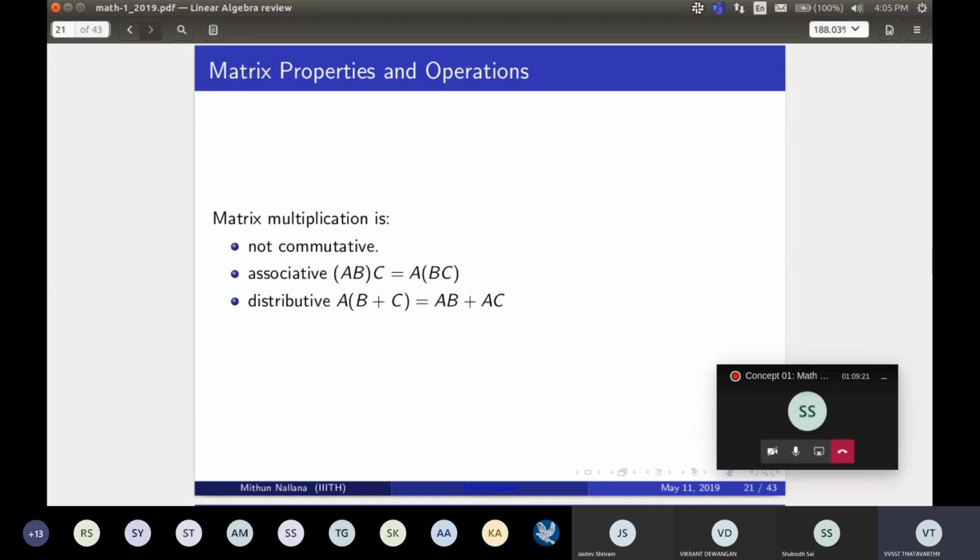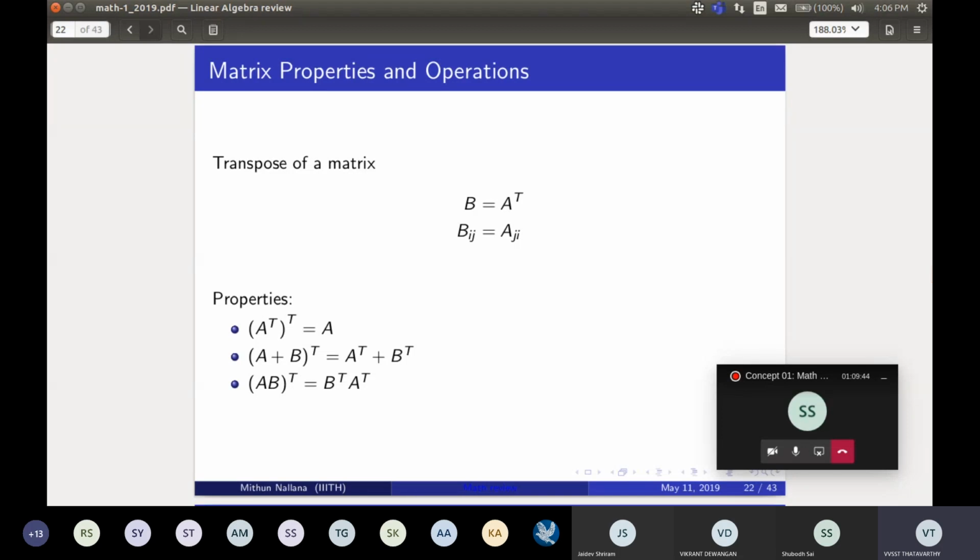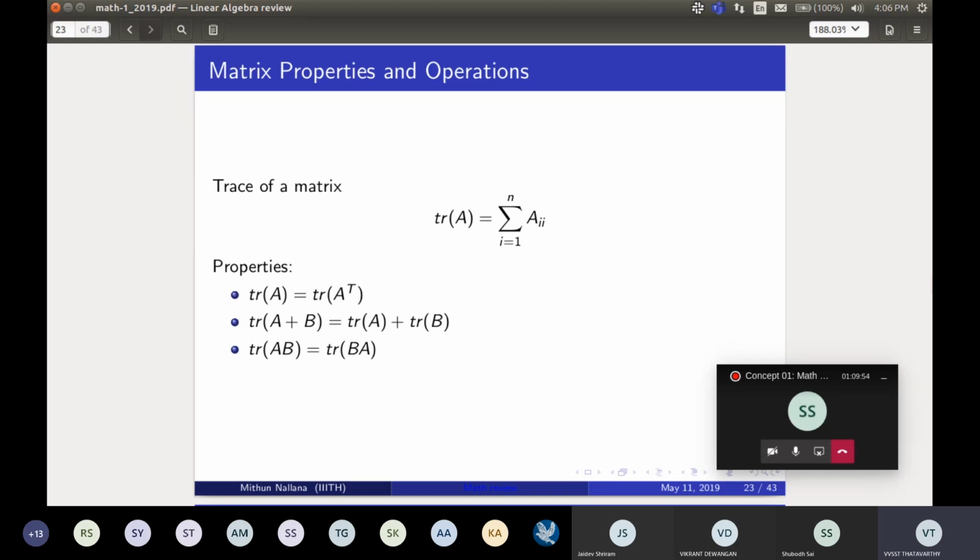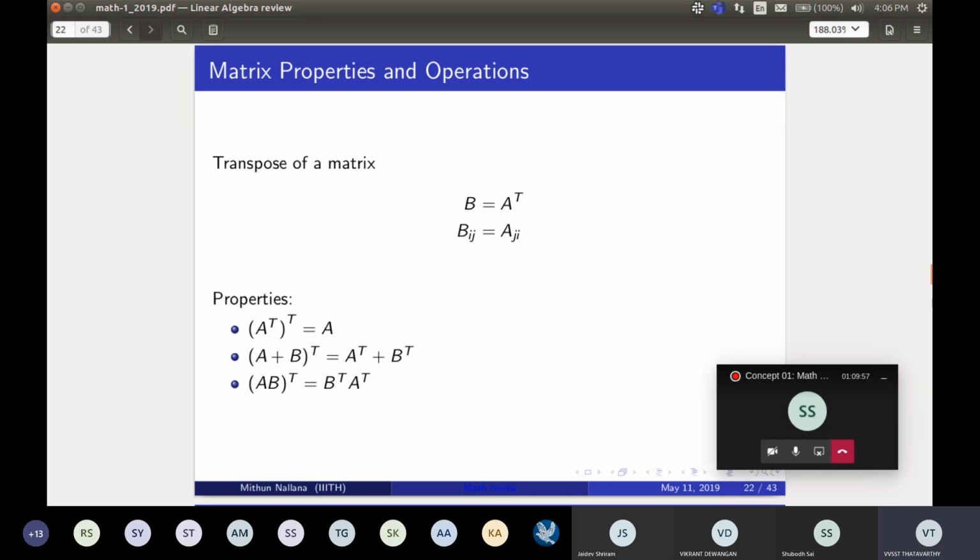These are very basic properties of matrix multiplication that you will be aware of: it is not commutative. I mean, AB is not equal to BA. That is what it says. And it is associative, so you can take the product of AB first and then multiply it with C, and there is the distributive property. These are very obvious things that you should already know. And then the transpose of a matrix. So this is just a review of what a transpose will satisfy.